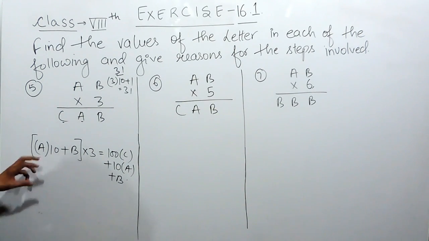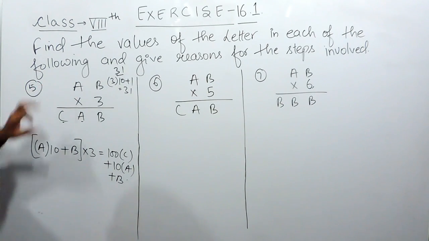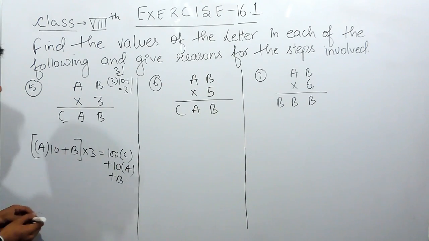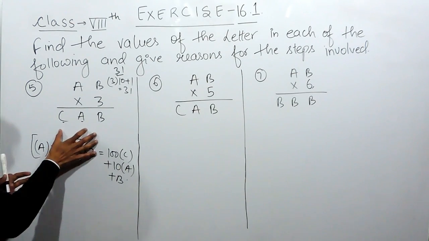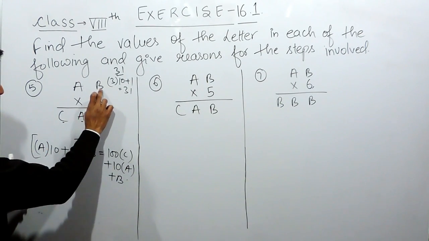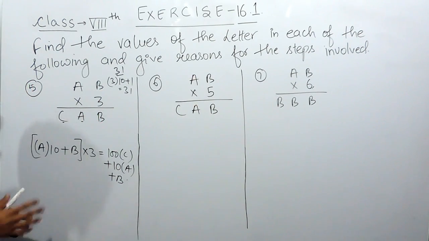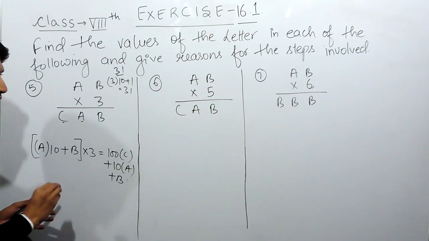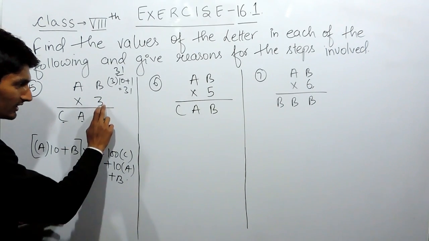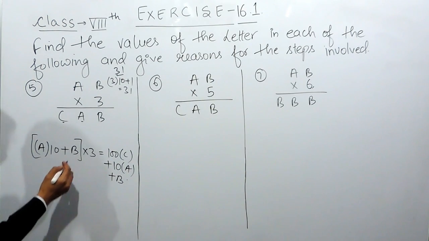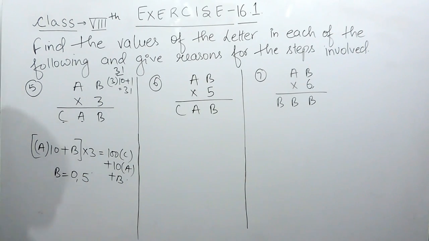Instead of forming an equation, if you are able to solve the question right here, it will be easier. How? Let's solve this orally without forming any equation. Now you have to multiply 3 with a digit so that the same digit will come here. How many digits are possible? We know that there are only 10 digits: 0, 1, 2, 3, 4, 5, 6, 7, 8, 9. So find out which digits multiplied by 3 give the same digit in the unit place. The values of B can be 0 and 5.